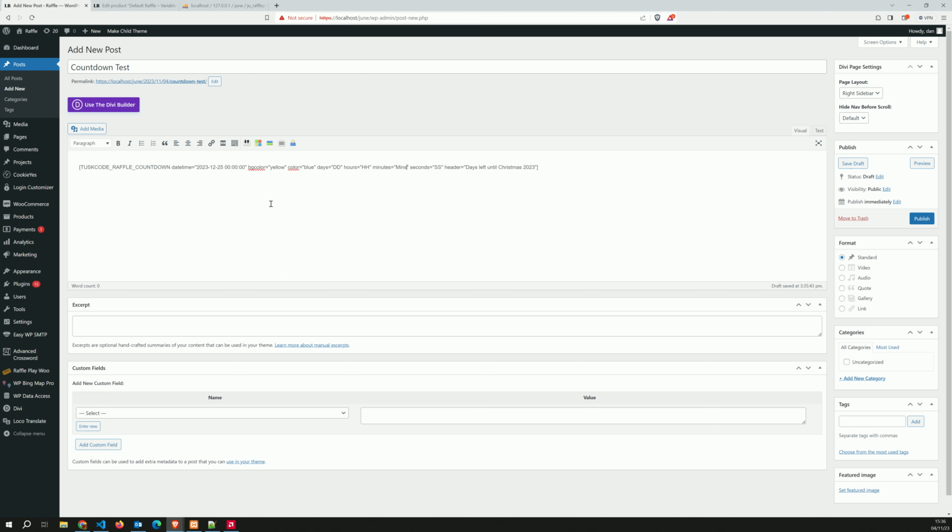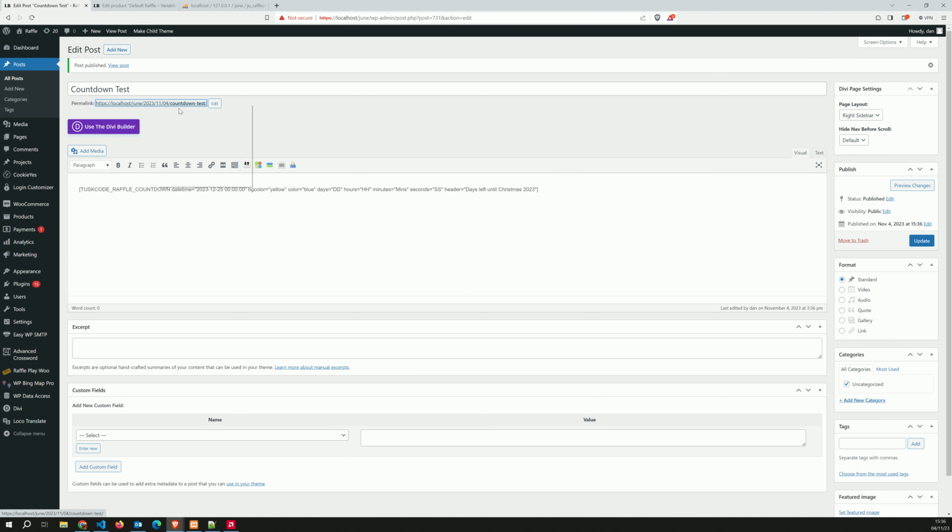I think you get a point though. It's pretty straightforward. The daytime is going to be in this format. The background color is the same as the other one. So publish, and now let's view it on a page,